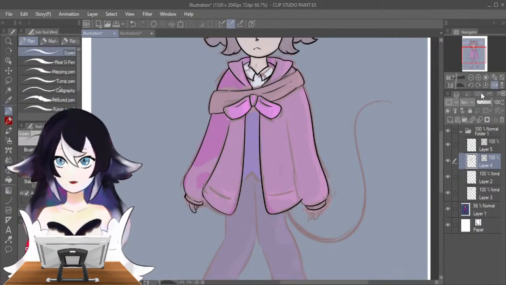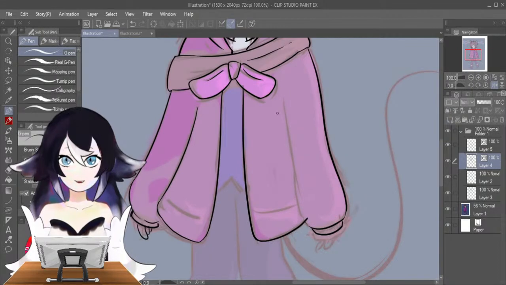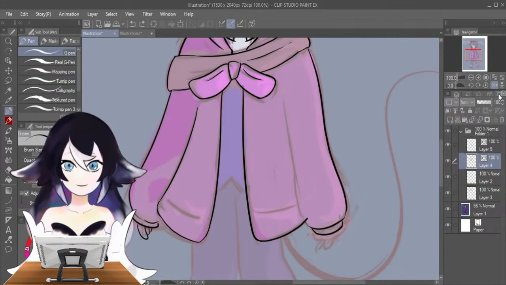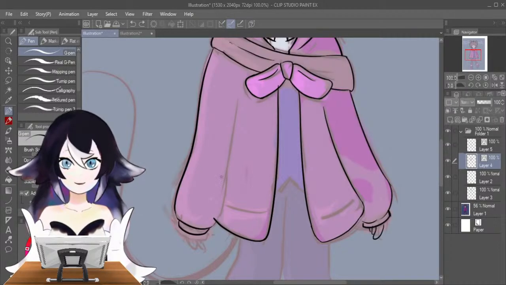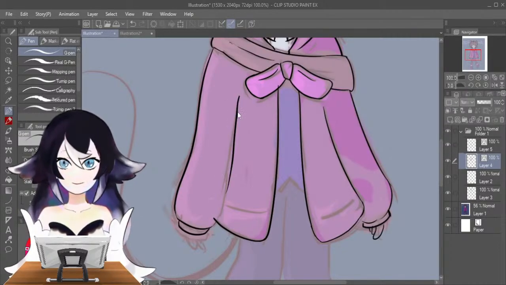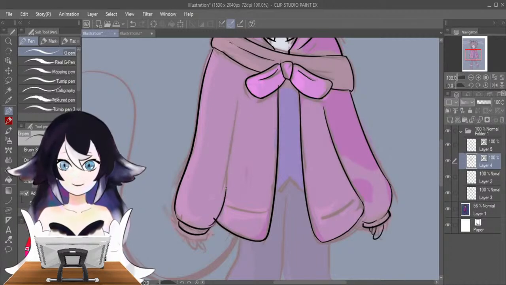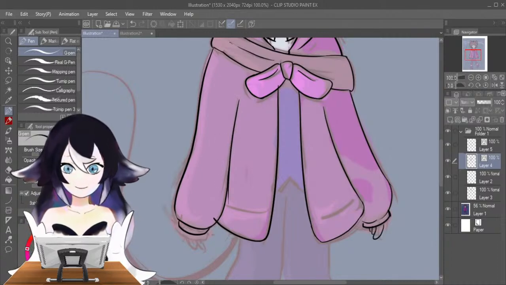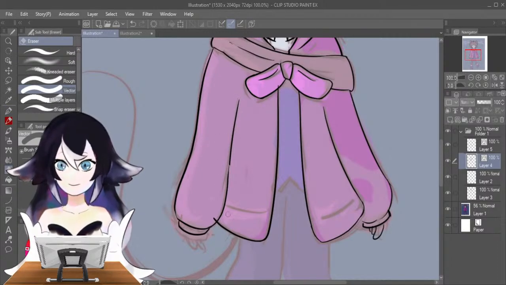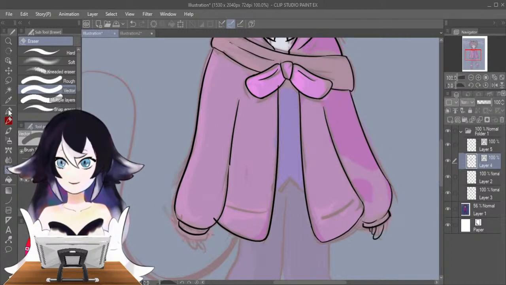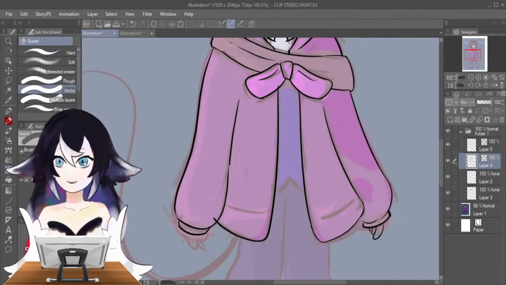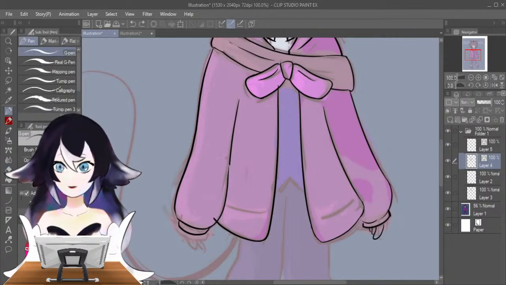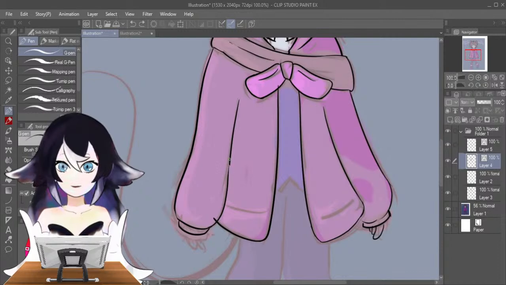Maybe you're wondering why I'm lining a drawing that's already colored. It's because I like to color after I make a sketch and then make the line art, because the drawing defines the form better and the line art doesn't end up looking too off, too awkward. Defining the form is defining which lines get to turn into line art versus which ones don't.